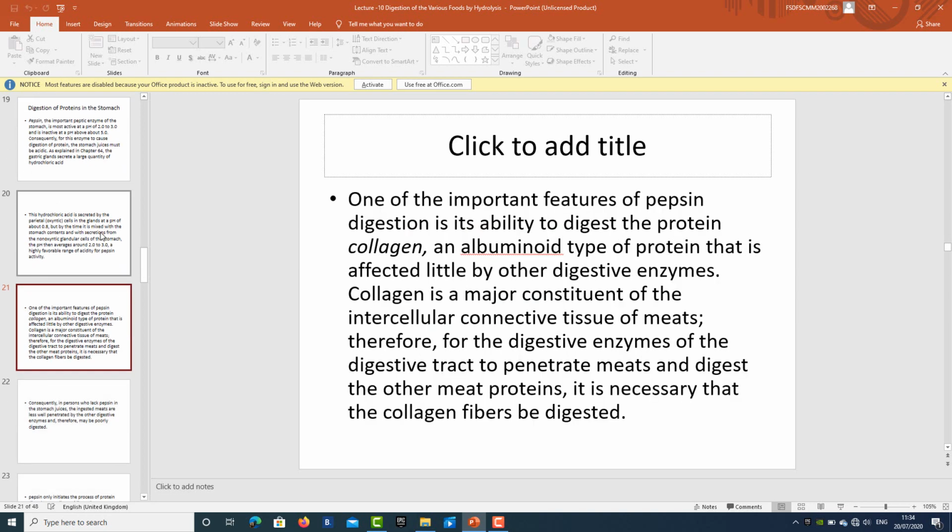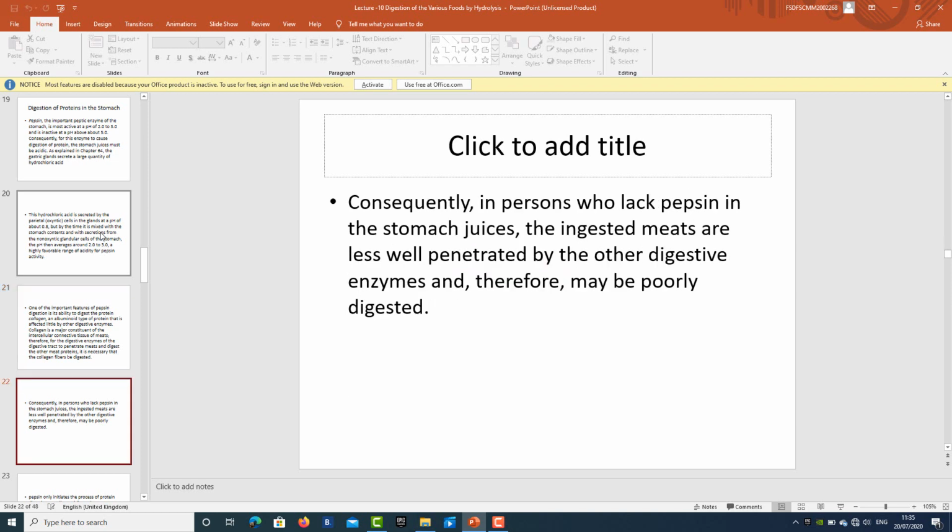One of the most important features of pepsin digestion is its ability to digest the protein collagen, which is an albuminoid and is affected little by other digestive enzymes. Collagen is a major constituent of the intercellular connective tissue of meats. Therefore, for the digestive enzymes of the digestive tract to penetrate meats and digest the other meat proteins, it is necessary that this collagen is digested first. Consequently, in persons who lack pepsin in the stomach juice, the ingested meats are less well penetrated and are